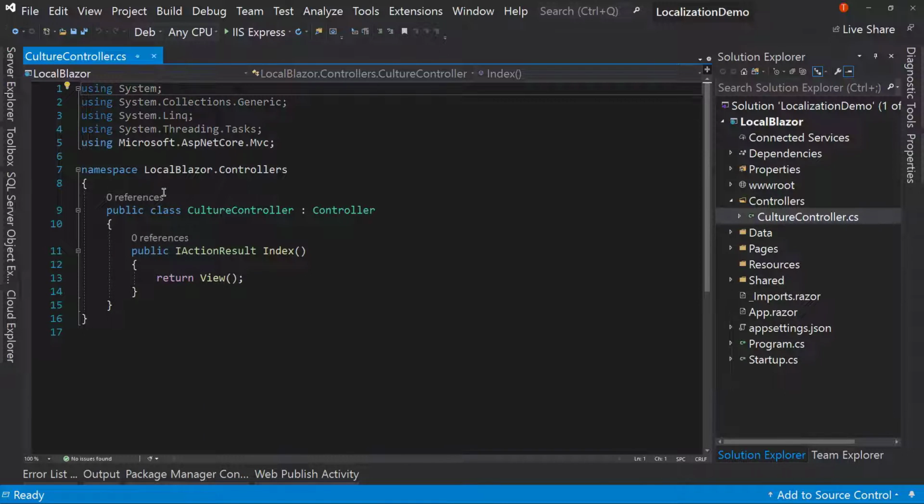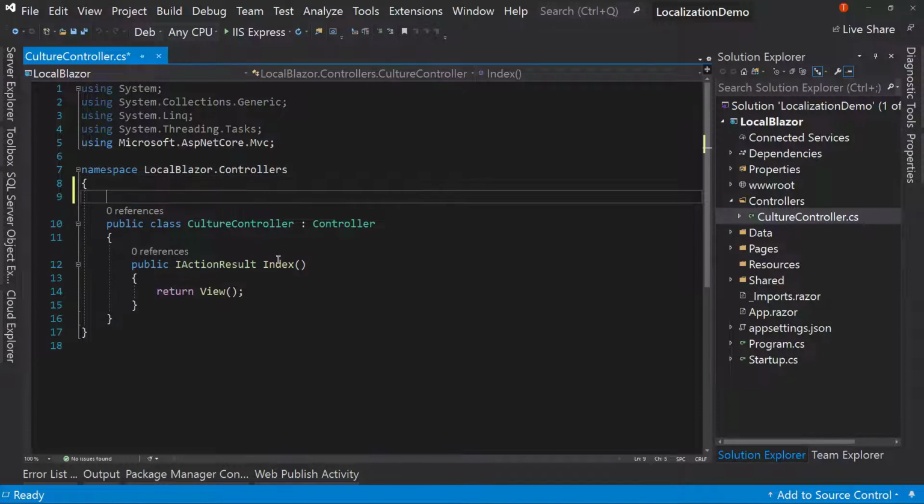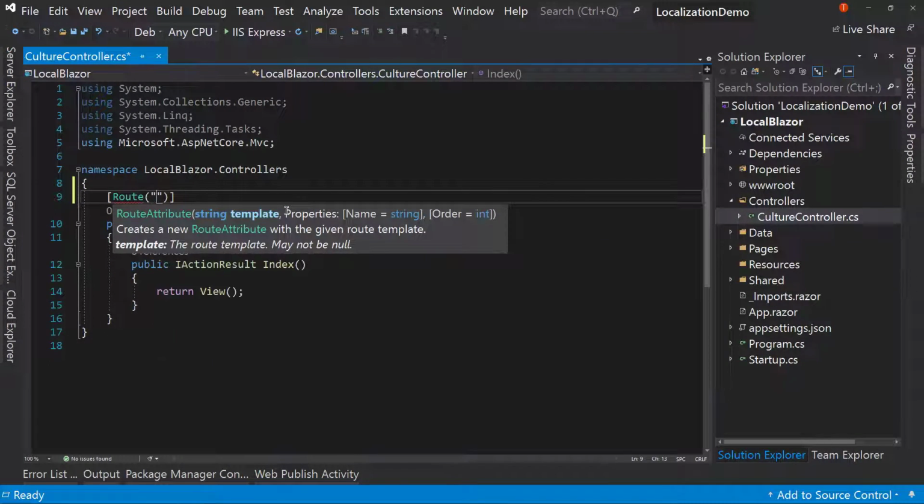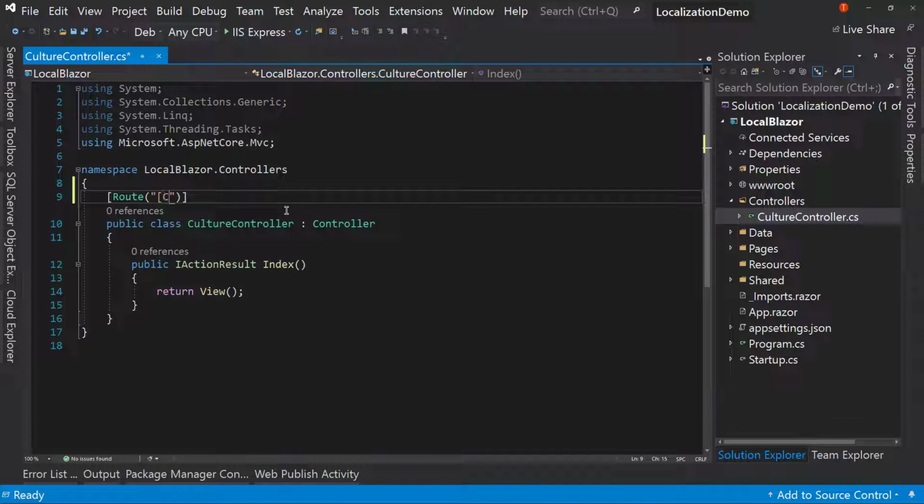So in here, right above the class, but inside the namespace, we're going to say route, and we'll give it the route, which is controller inside square brackets / action. So that specifies, hey, here's the path to this, which is the controller name, which is culture, /